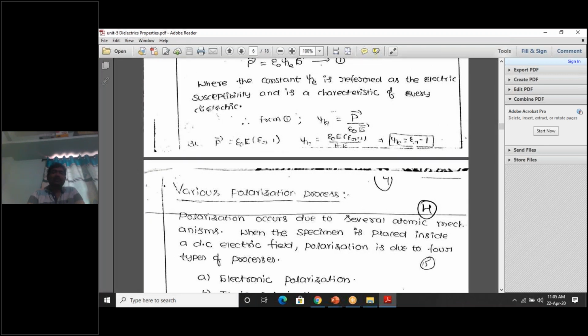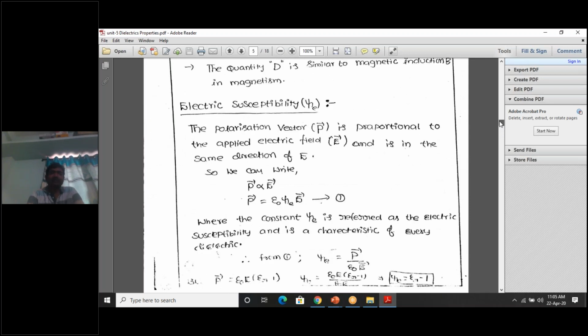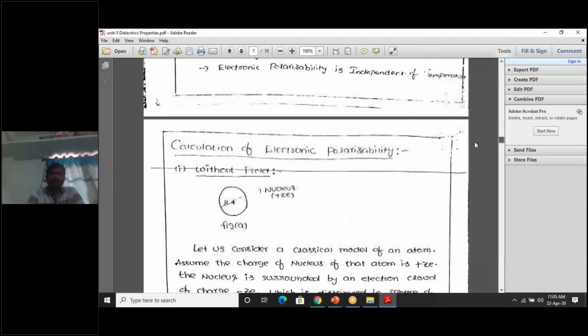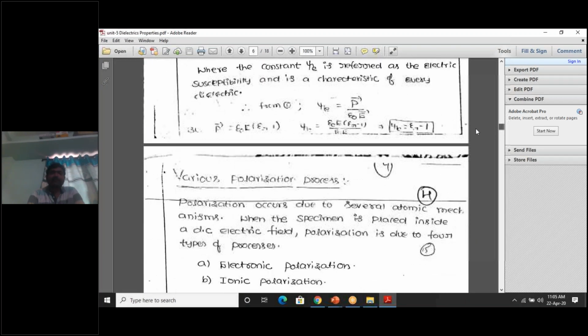So the relation between chi and epsilon r: here you see we already have this relation, P bar is epsilon naught into E into epsilon r minus 1. Sir, from where did you get it? From here, I just derived the definition. P bar is equal to epsilon naught E into epsilon r minus 1. So just substitute this value here, P bar in the numerator. The denominator is epsilon naught E. So epsilon naught E cancels out. So susceptibility chi e is equal to epsilon r minus 1. This is the relation between epsilon r and susceptibility. So with this introduction part